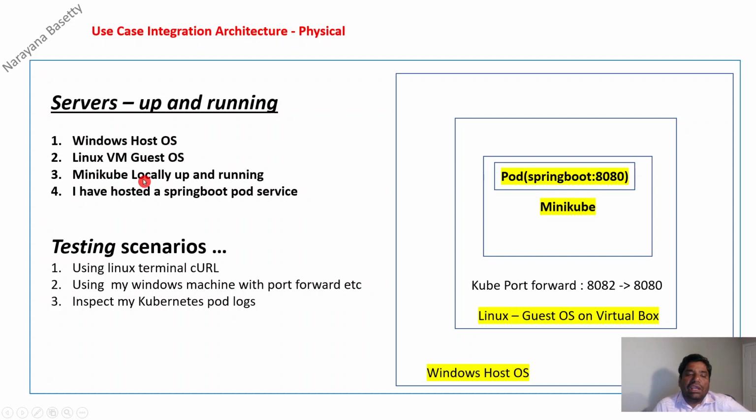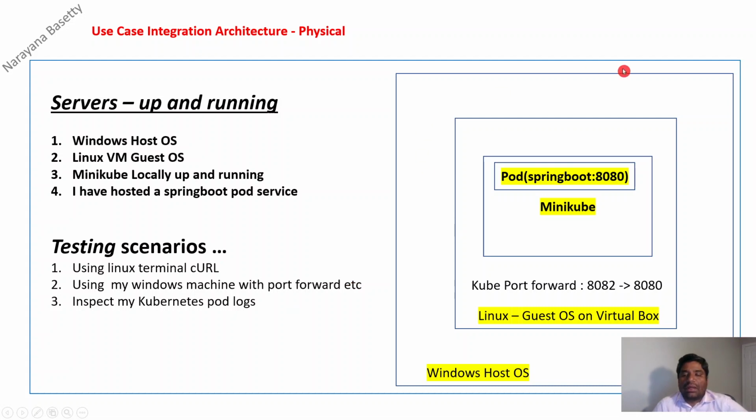I'm using Minikube, which is software provided by Kubernetes, where people can test locally without really installing a cluster like the previous one you have seen. And I have hosted a Spring Boot pod service in this demonstration. So how do we test? We can test using the Linux terminal's URL, or from my Windows machine I can port forward and then test. And if I want to see whether my pod properly started or not, I can also inspect